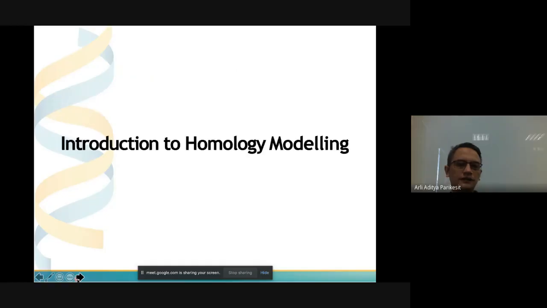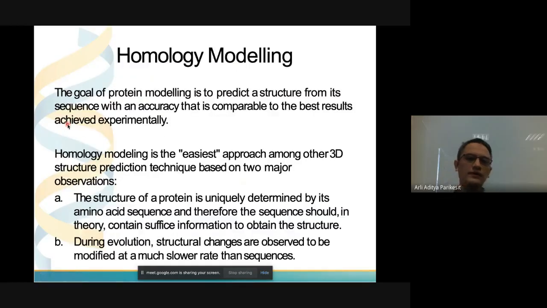So this is the outline. Remember, we want to have a prediction that is comparable to the experimental result. We can do that if we use this homology modeling method.